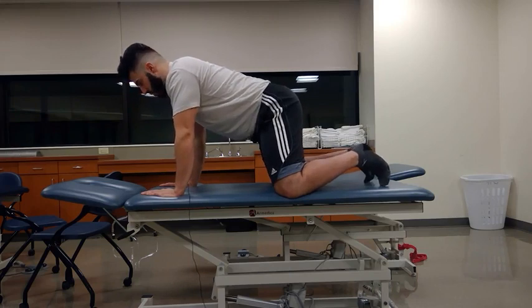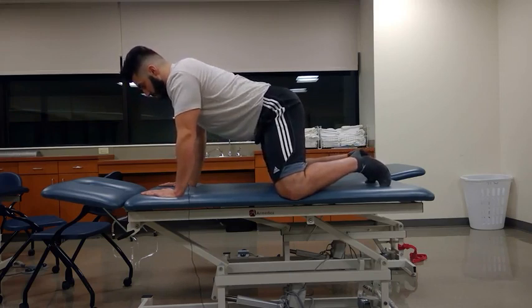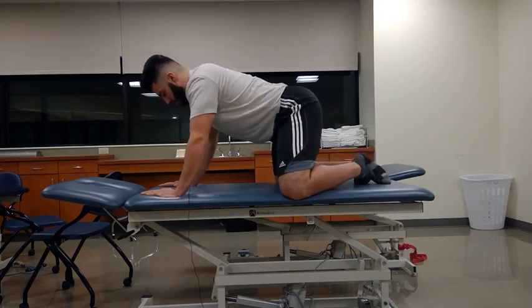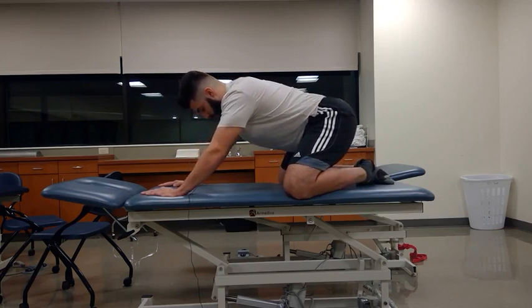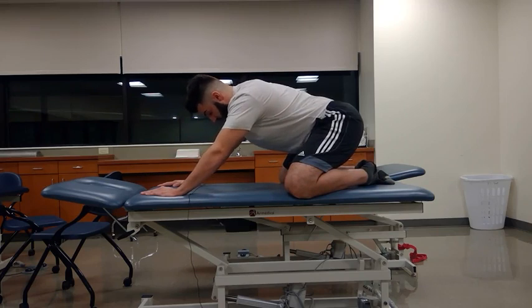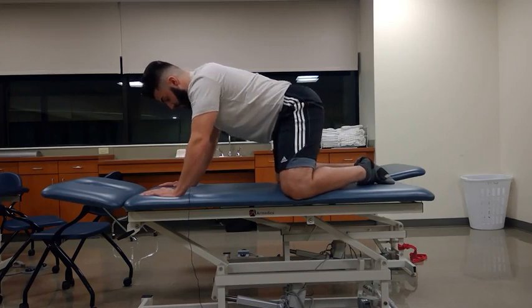Now, just like in our hip hinge video, we're going to start by taking a nice deep belly breath and getting the abs involved to brace the core to stabilize the spine. So what we're going to do is just rock back. We're going to push our butt to our heels, trying to keep our spine straight. You can see here, this is about my end range, so we're not going to try to go any further. Once you reach that end range,